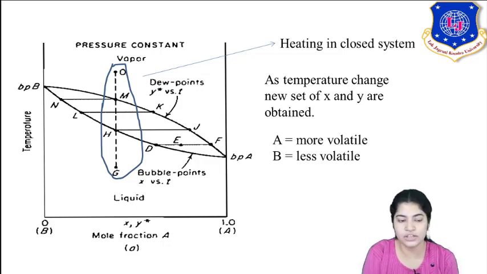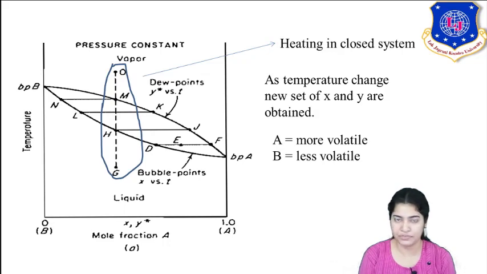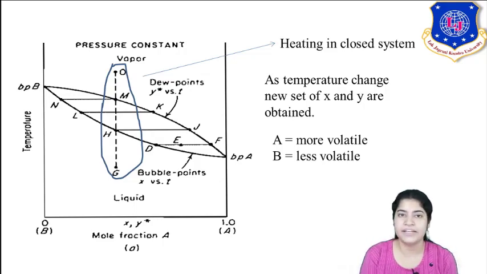You can see the horizontal lines N, M, L, K, H, J. What are they? Those are tie lines. Tie lines showing equilibrium compositions, in both vapor and liquid phase, of the more volatile component, which changes with change in temperature. You can see at HJ condition my temperature was different, and so was that set of equilibrium conditions. Now as I increase the temperature, when liquid and vapor exist together, then I have the LK composition, where L shows the composition of the more volatile component in liquid phase, whereas K shows the composition of the more volatile component in vapor phase.